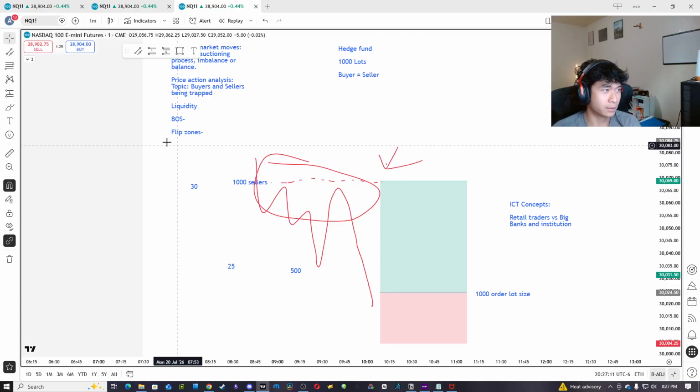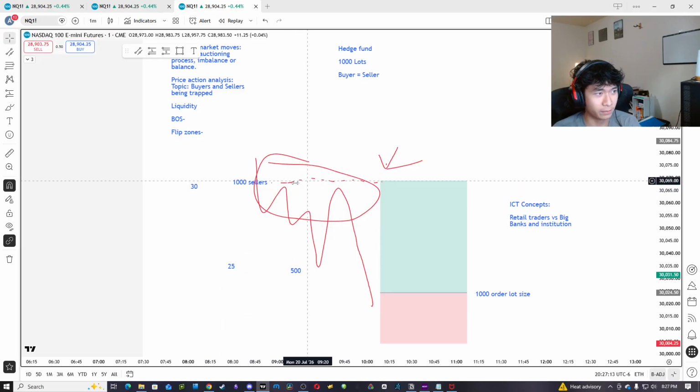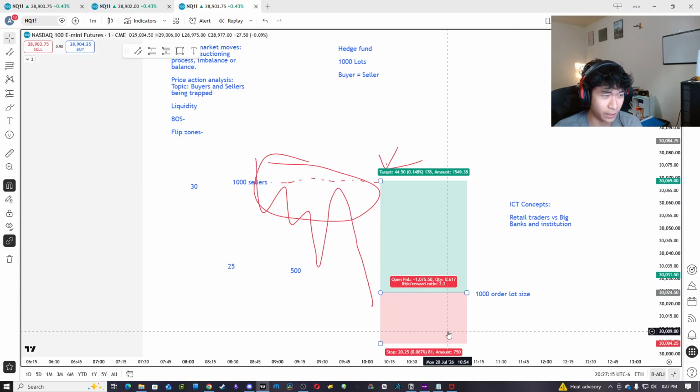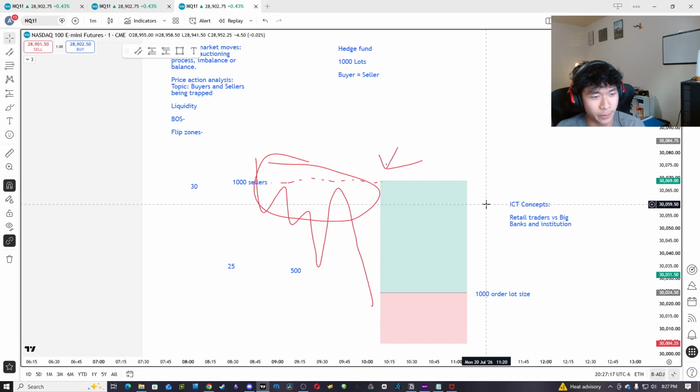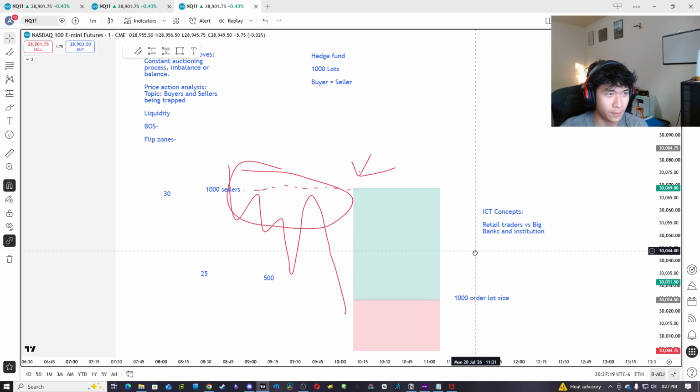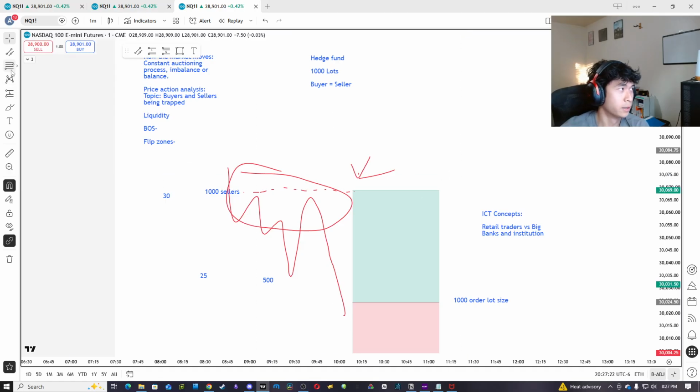So these levels that have liquidity, it's essentially spots for these guys to unload their orders. And